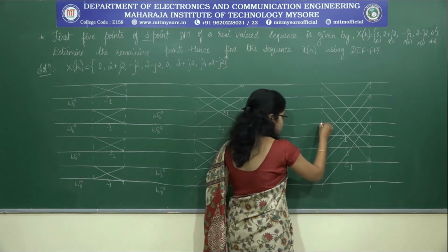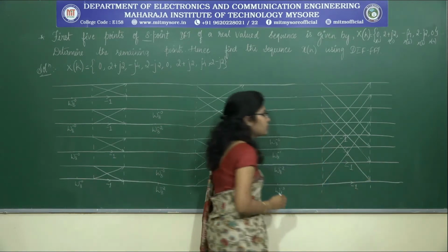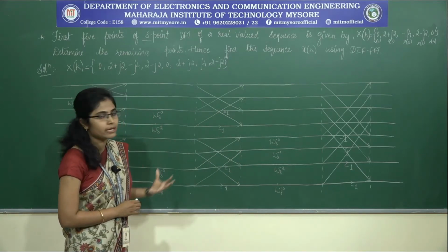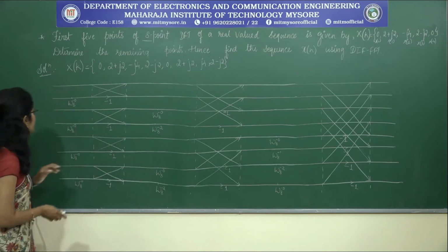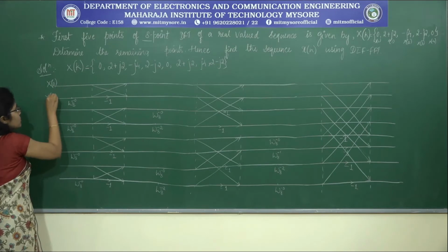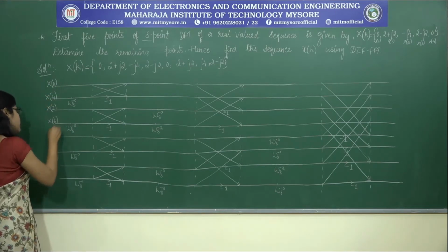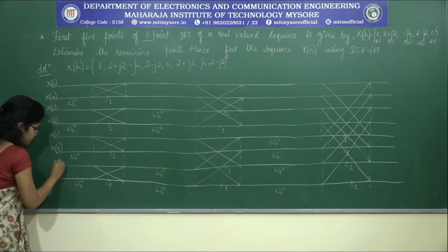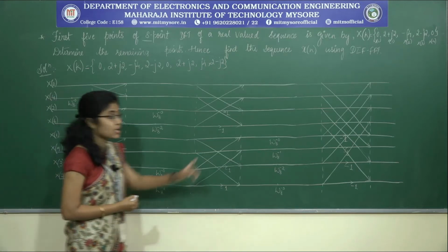Okay, so again, this two has to be multiplied with -1. So this is the structure for finding out IDFT using DIF FFT algorithm. Here the input is in which order? Bit reversed order. So if I write the input, it is x of 0, x of 4, x of 2, x of 6, x of 1, x of 5, x of 3 and x of 7, whereas the output will